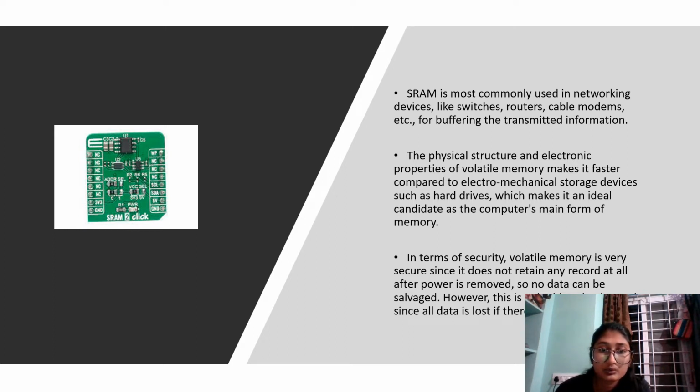The physical structure and electronic properties of non-volatile memory make it faster compared to electromechanical storage devices such as hard drives, which makes it an ideal candidate as a computer's main form of memory. In terms of security, volatile memory is very secure since it does not retain any record at all after power is removed, so no data can be stolen. However, since all the data is lost,